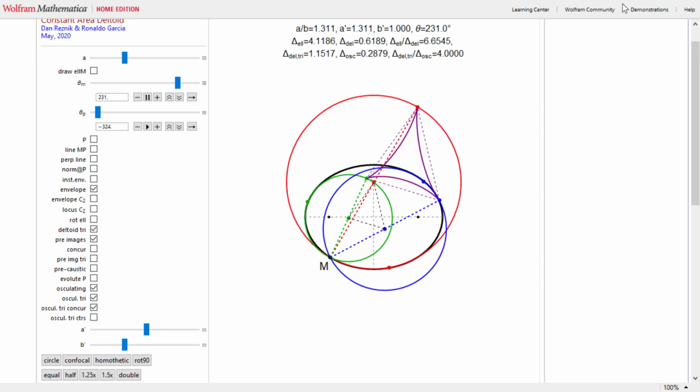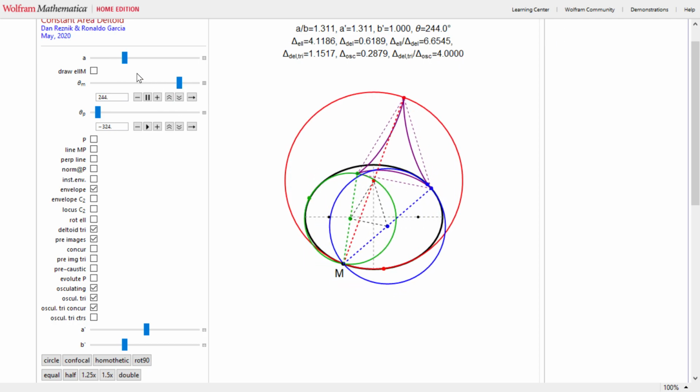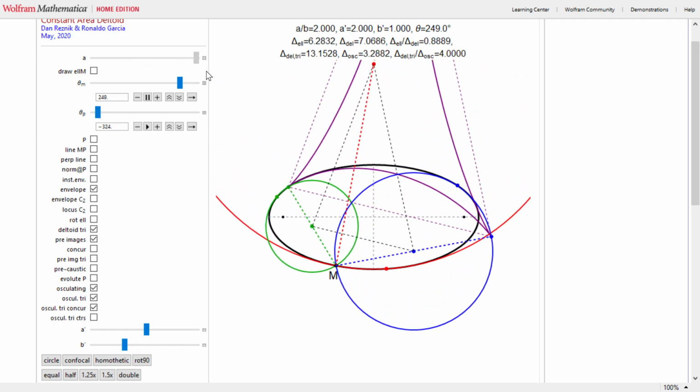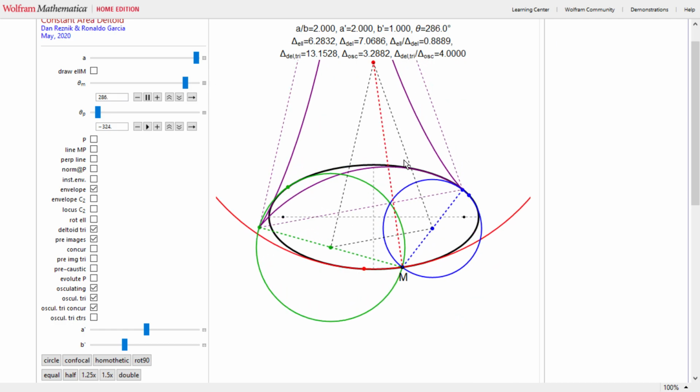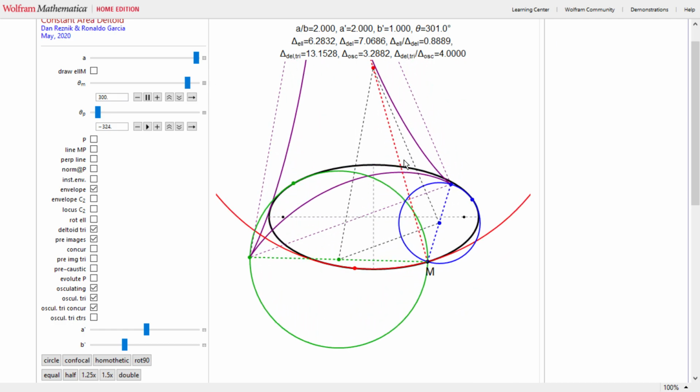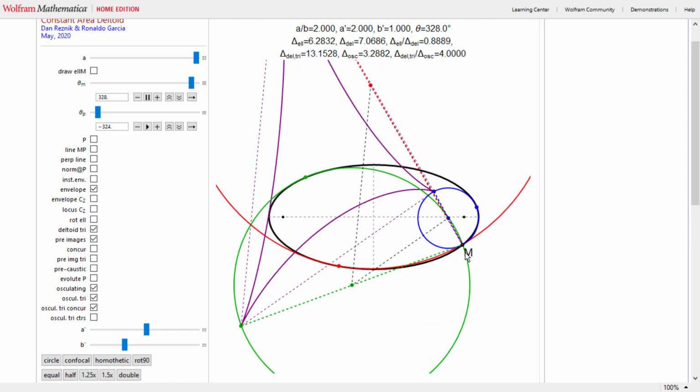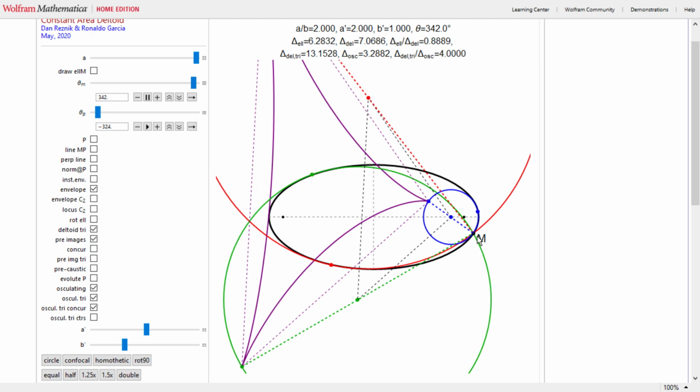So let's change A here. Just keep an eye on this 4 here. I'm going to change A. Let's make the ellipse be very eccentric. For example, here, you continue with the same system, you continue with the same ratio. So M is effectively, since these three lines meet,